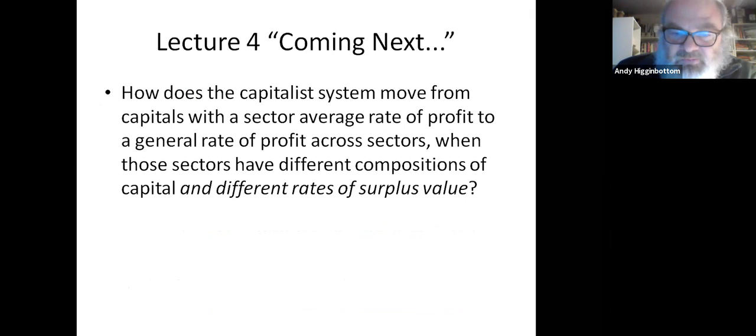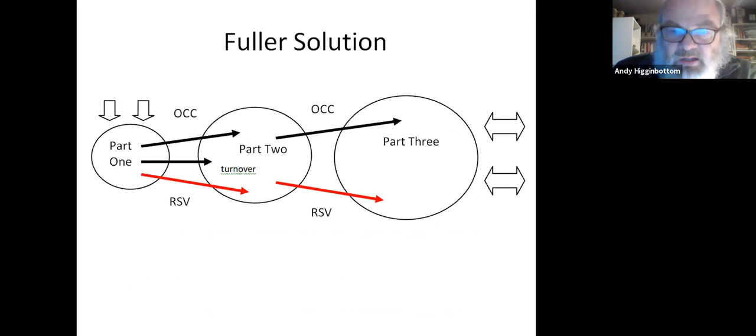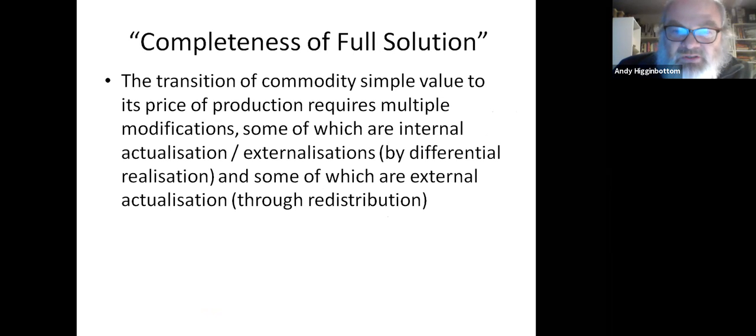What about different rates of surplus value? We need to include them in a fuller solution to the problem that Marx himself posed. We need to follow the reasoning to include the interaction between higher organic composition of capital and increasing rates of surplus value. And I'm basically arguing, okay, I now need to start putting my money where my mouth is.